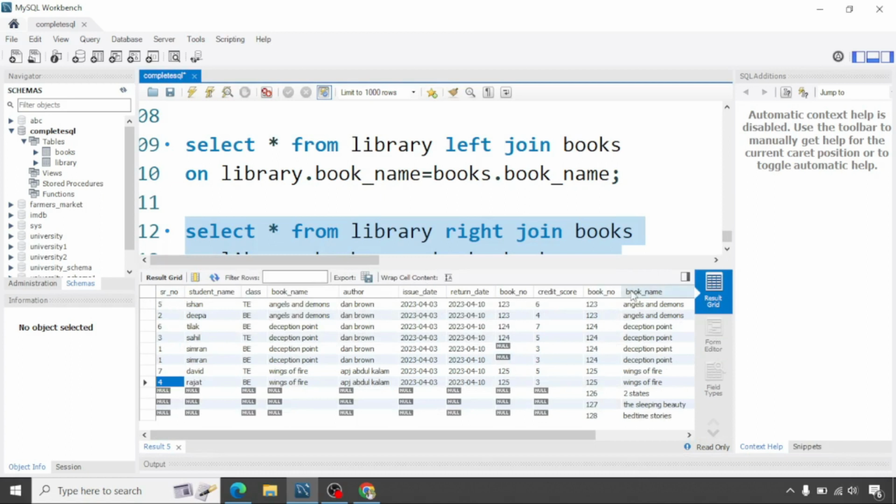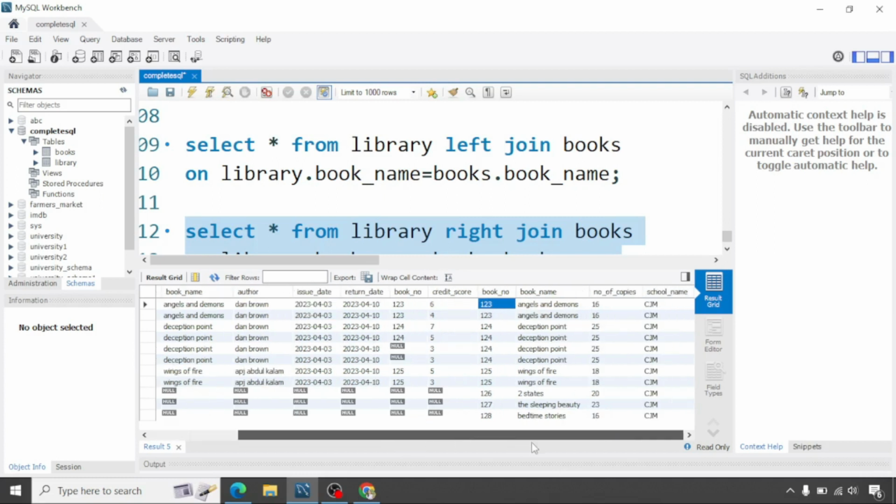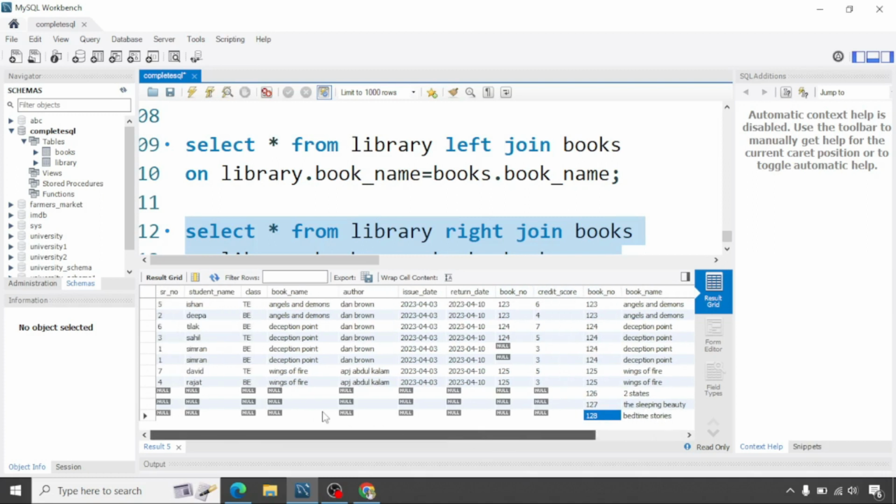Okay, but for the books table, this side is for the library table, and on the right hand side you have the books table. So you see each and every data from the books table is present over here. See 1, 2, 3. It is present in a particular order. Okay, from 123 to 128, it is present in particular order, and according to this data you have the student